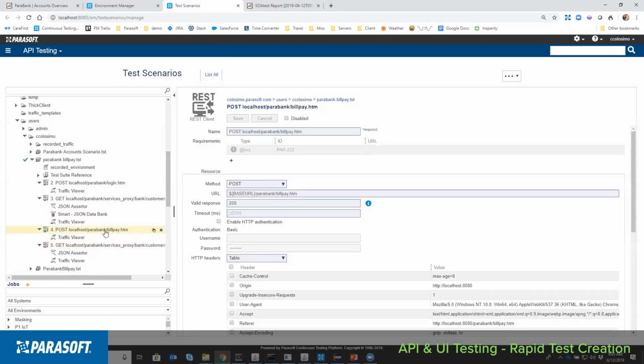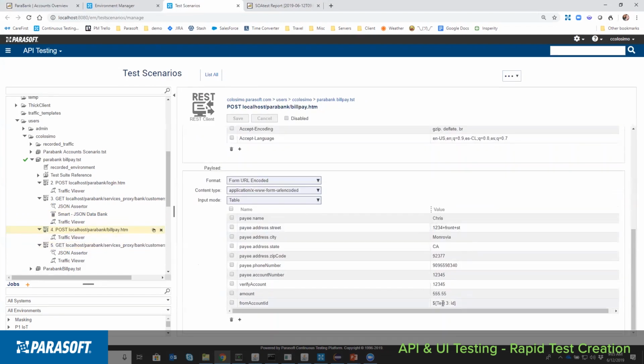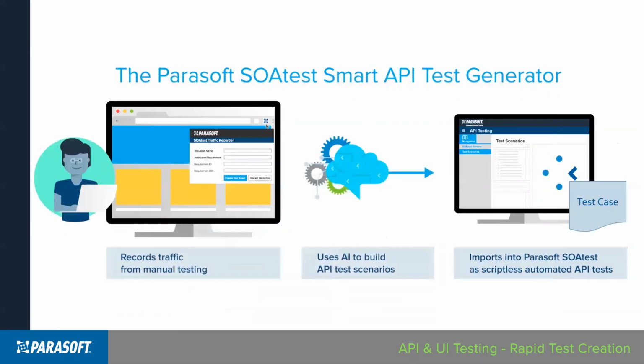Let's look at bill pay. In the bill pay, it realized, hey, from a count is actually dynamic. So this takes a lot of the grind out of building that API test, as well as helping me build better API testing strategies. Now, down the line, I could augment or modify this strategy, adding different authentication, different rules, and so on. Then that information can be updated in my test repository.